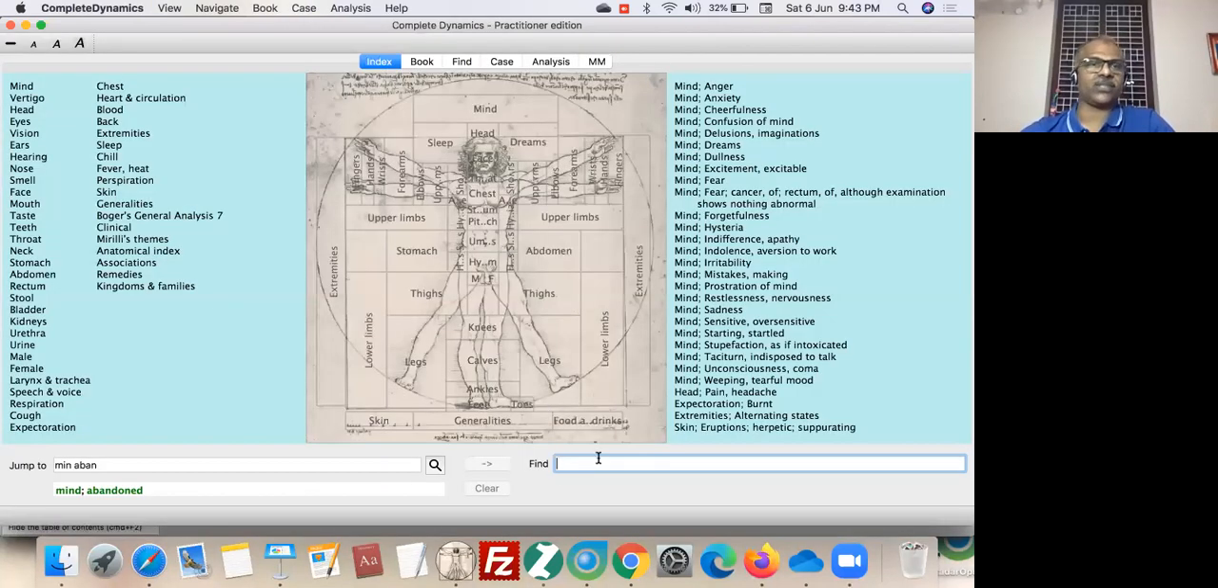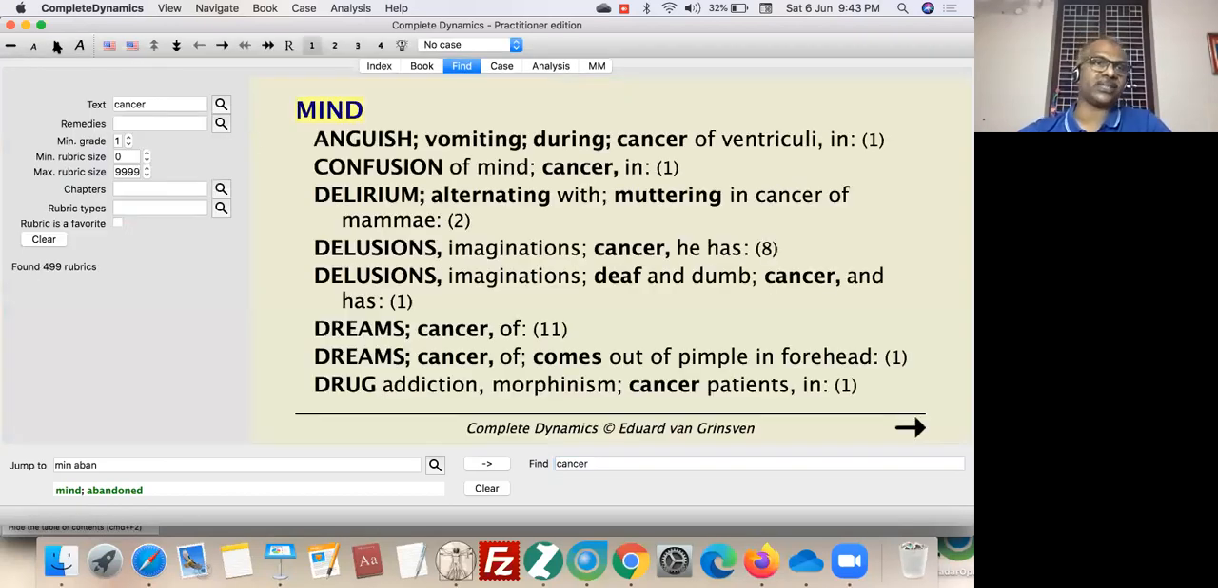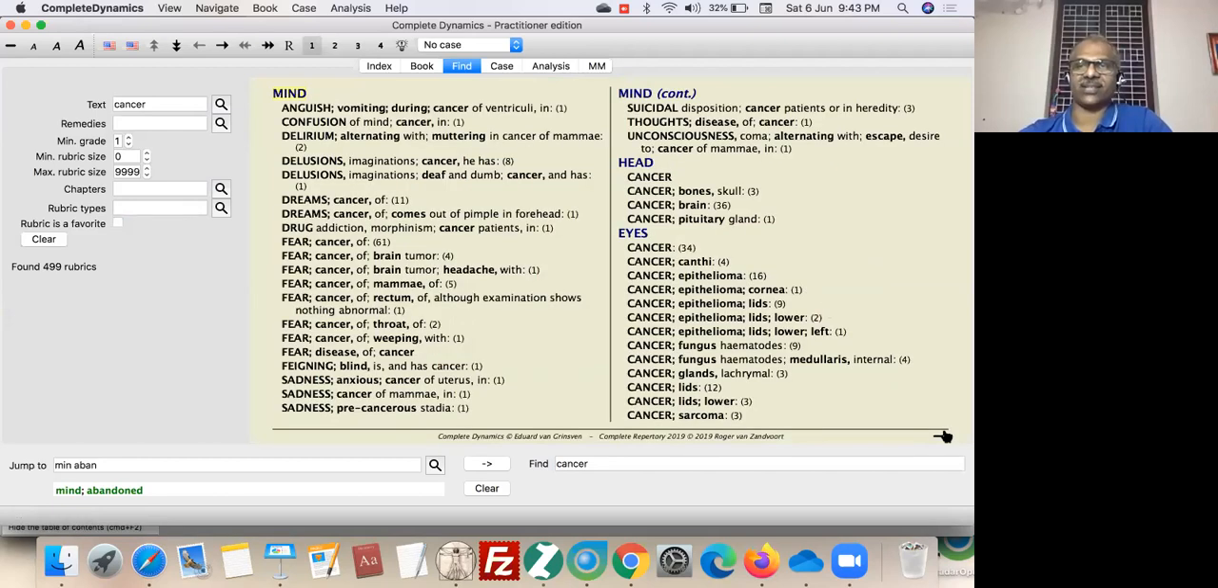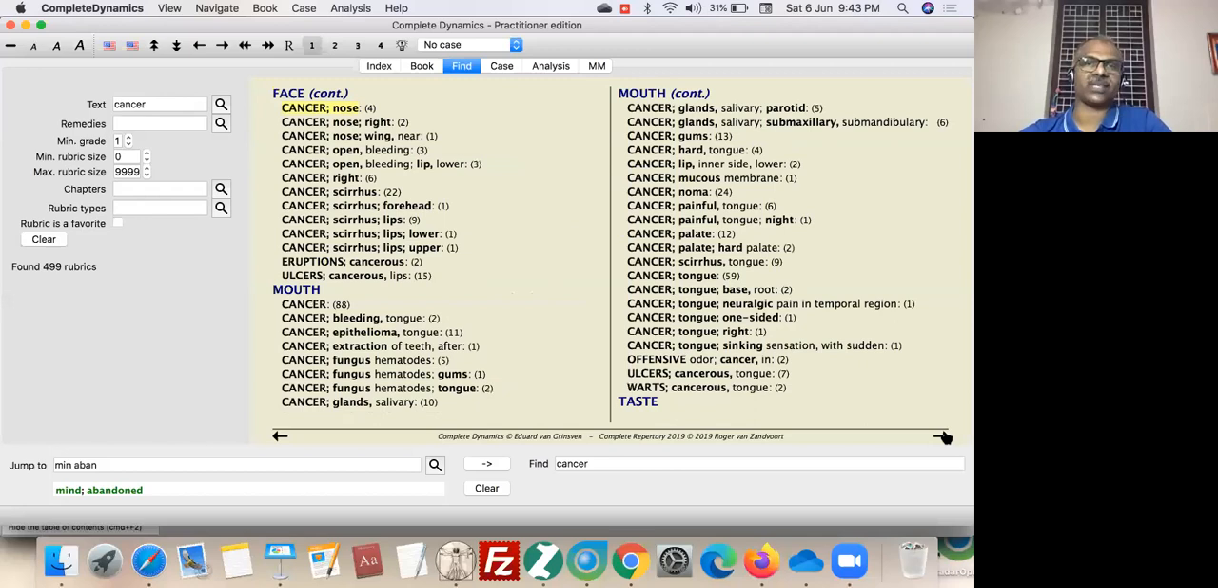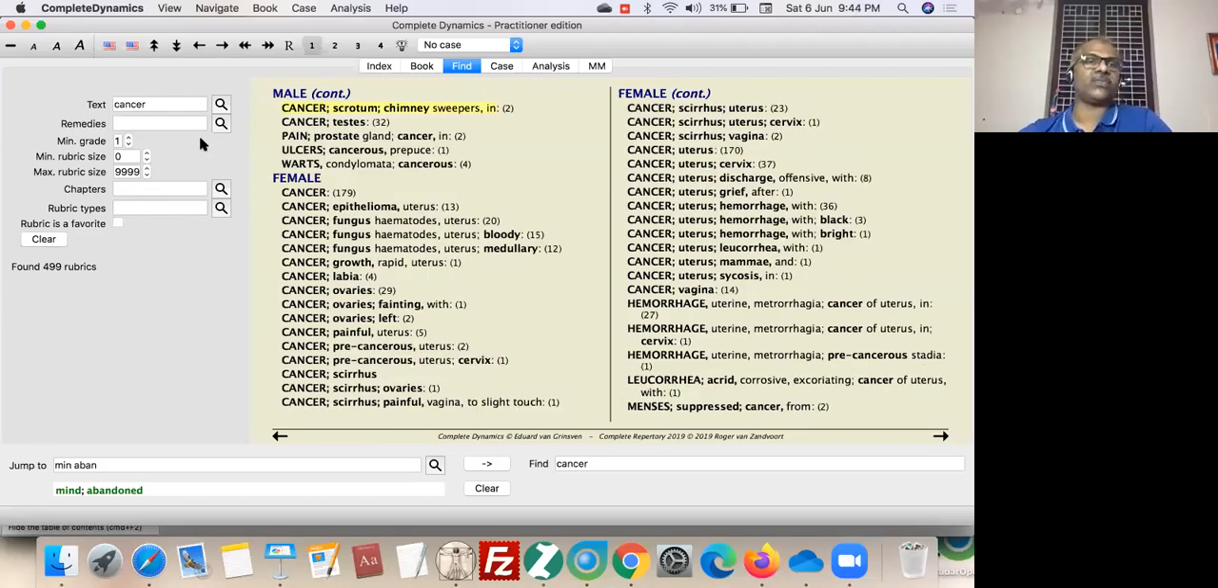Suppose you want to study about cancer, just type cancer. So you will get the rubrics related to cancer. All the rubrics are listed, even the rubrics and sub-rubrics from different chapters: mouth cancer, stomach cancer, abdomen cancer, etc. Suppose you want to study a particular remedy regarding cancer, see on the left side, you can